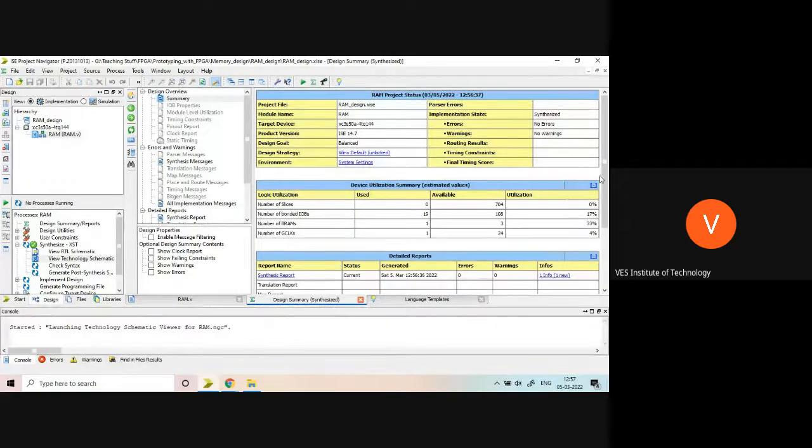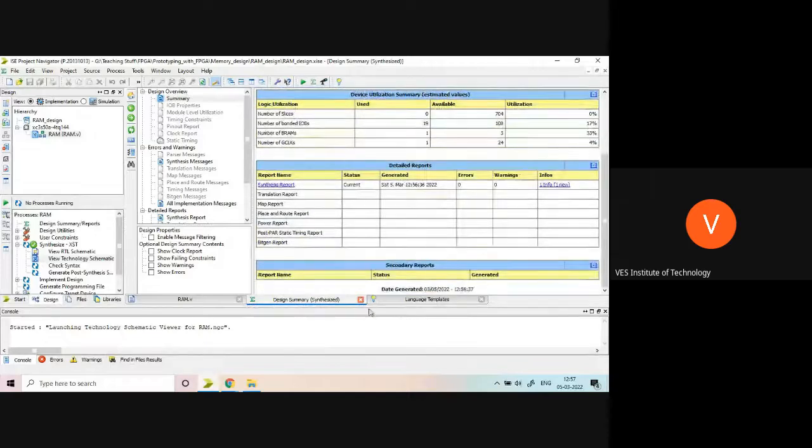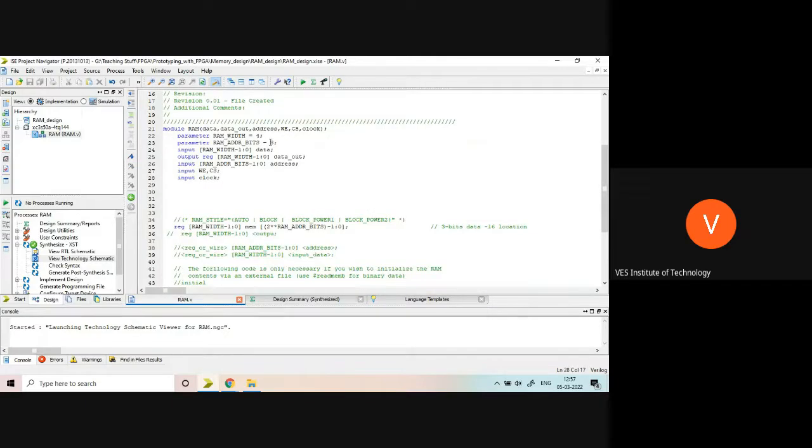And from the design summary, you can see one block RAM is inserted. So that means no lookup table is used. Everybody can see there is no lookup table used. Only internal resources are taken. Why did our previous design fail? Because there are only 3 block RAMs available. Our FPGA is very small. In larger FPGAs, very big memories are available.